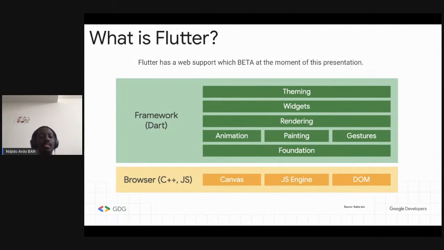So Flutter doesn't only serve the development of mobile applications on iOS and Android. It also gives you the ability to develop web applications. For example, you can develop progressive web apps by using the web component of Flutter, and it leverages some low-level components, just like in the previous slides. It uses Canvas, JS Engine, and the DOM to build and use the same mechanism of widgets, to give you much more flexibility and much easier-to-use tools